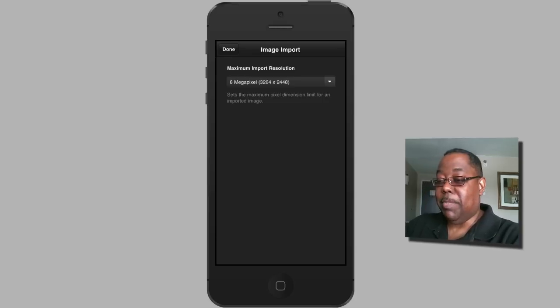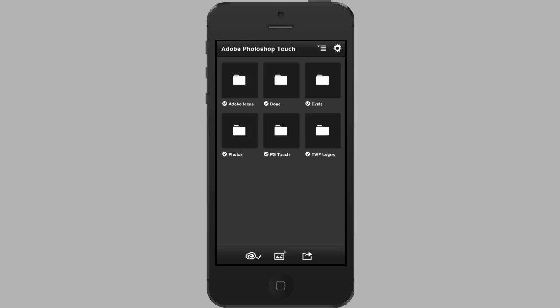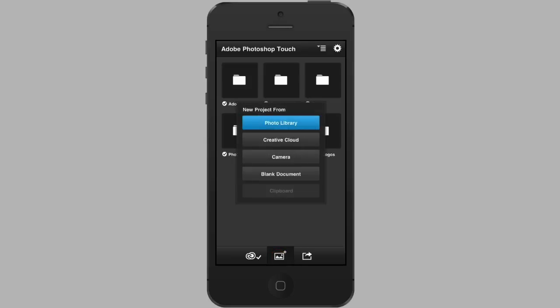So now we'll just tap Done, and then it takes me to this Files and Folders area, which is really from my Creative Cloud storage. So if you have any projects that you've already worked on in Photoshop Touch stored in Creative Cloud, you'll see them here, and of course any folders. But since we're going to pretend you're just starting out, you probably don't have anything yet, we're going to go down to the second icon on the bottom and tap to create a new project from one of these 4